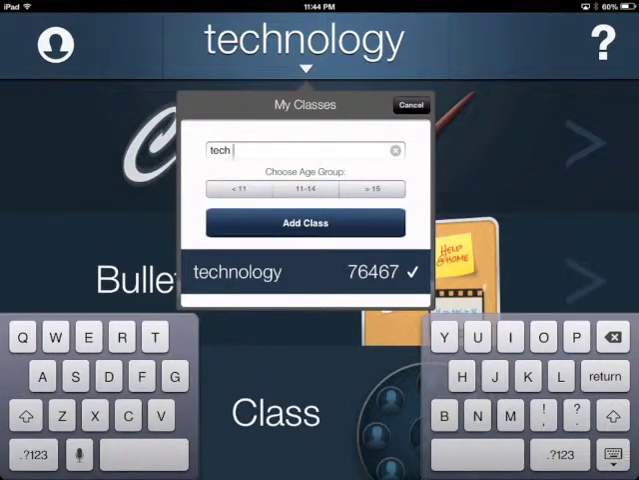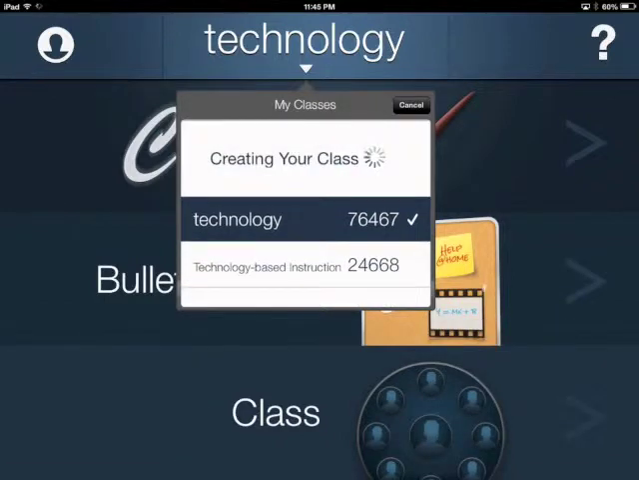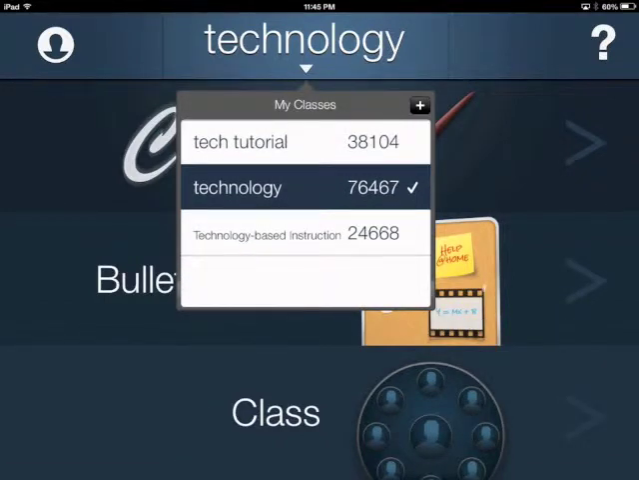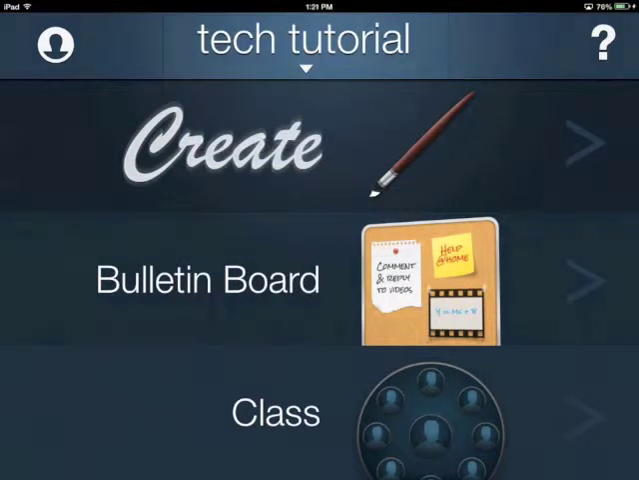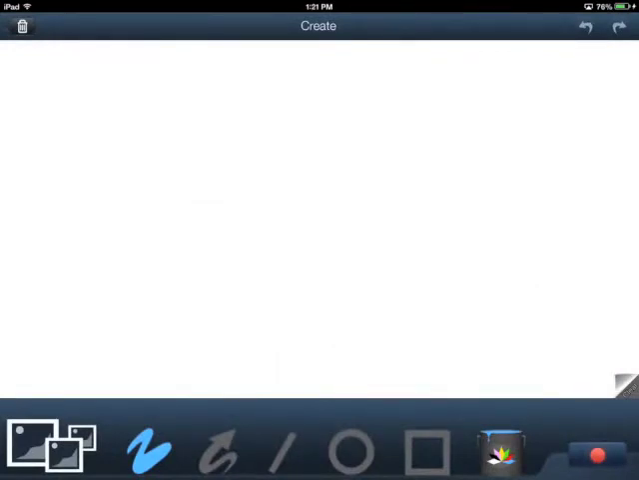So here I'm creating this new class. And then I add the age and click on add class, and it's creating. When it's ready, you click on it and then it takes you to the home screen and you have the same options that we saw before, and we're going to start with create. Here you can draw, use it as a whiteboard, or you can use your pictures. We're going to start with pictures, so we're going to click on the icon at the bottom left,